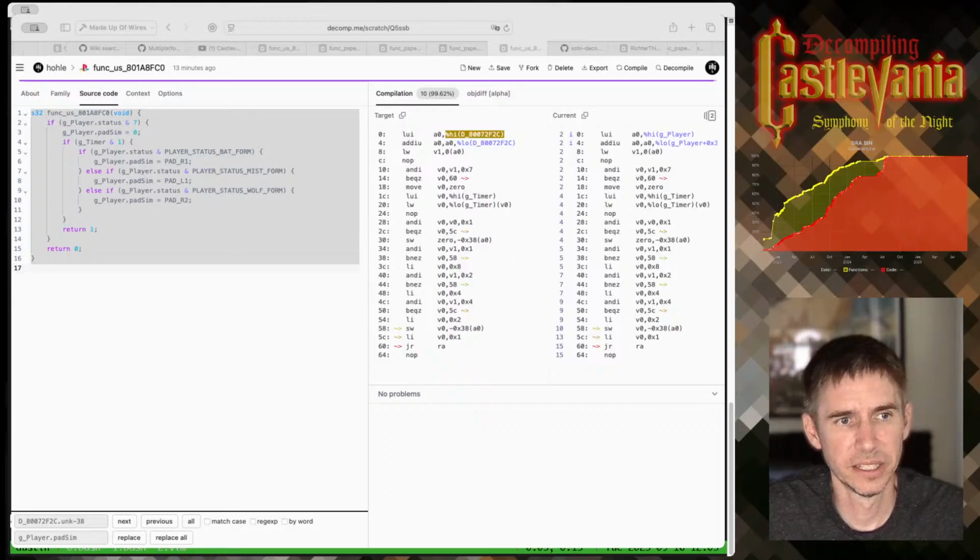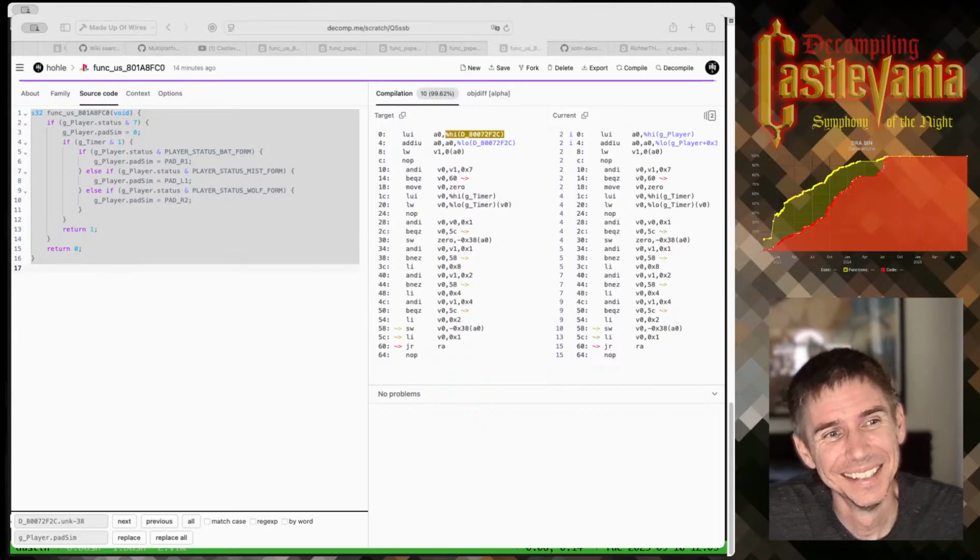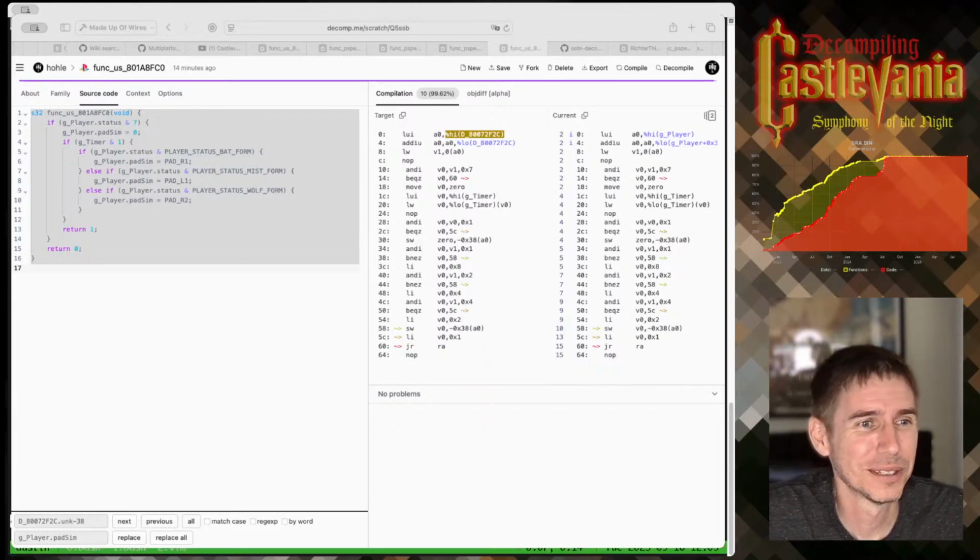So DRA comes immediately after main in memory. And if we look at its VRAM, it's at A1000, A with 4 zeros.